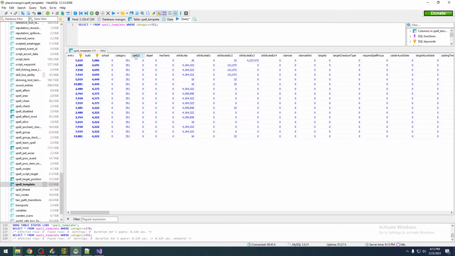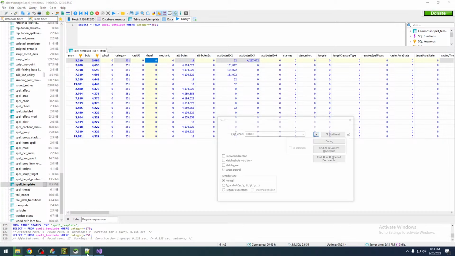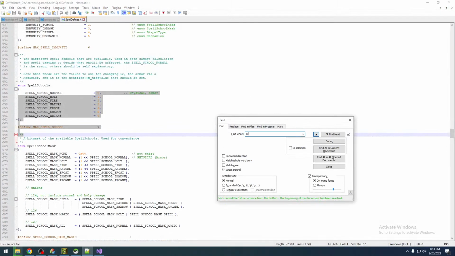Right now we left off at the cast UI column. Again, this is just for spells that pull up a UI. It'll indicate which UI is used. If you go through the columns, you'll understand what most of them mean. Dispel would be what type of dispel can dispel the spell. So if it's like a curse, it would have a dispel type of like 6 or 7, which would indicate curse. In fact, if we search dispel,